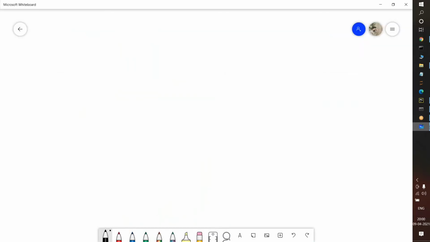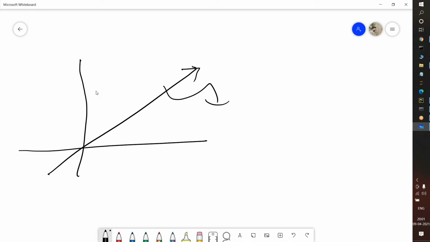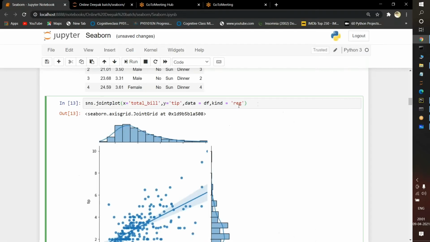Regression is nothing but, if I have an x-axis here and a y-axis here, a straight line will pass. This is known as a regression line. This is the first algorithm in machine learning. We'll have a clearer idea when we discuss machine learning. If I pass the reg keyword here, what will happen? If I pass the reg keyword and execute it,